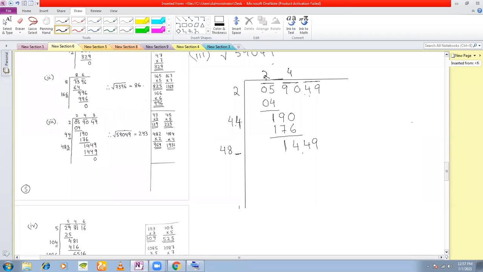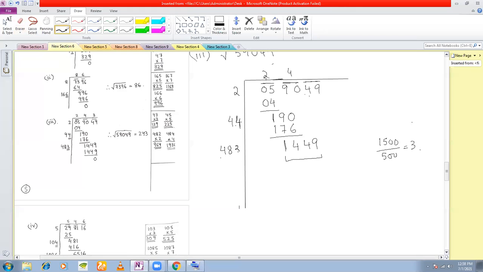Now we need to introduce a digit here. What digit will we introduce? See, 1449 is very close to which number? 1500, right? And we try to introduce a 0 here and check what we'll get. 480. Now 480 we cannot divide. So what you do is, 480 is very close to which number? 500, right? So divided by 500, how much do we get? 3, isn't it? So 3 should be either multiplied by 2 or by 3 or by 4. That is the idea.